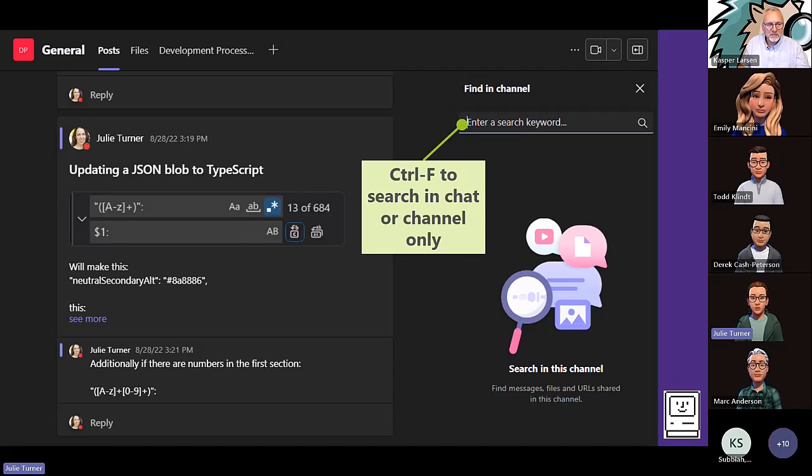Essentially, when you're in a post section in a channel, or in a chat, you can do Ctrl-F and it gives you this pop out search area, and it searches only in that area where you are, whether it be the chat or the channel. So if you know where that thing is, this is a way easier way to find what you're looking for than when you use the search bar at the top of the Teams client. This is definitely a significantly improved experience.